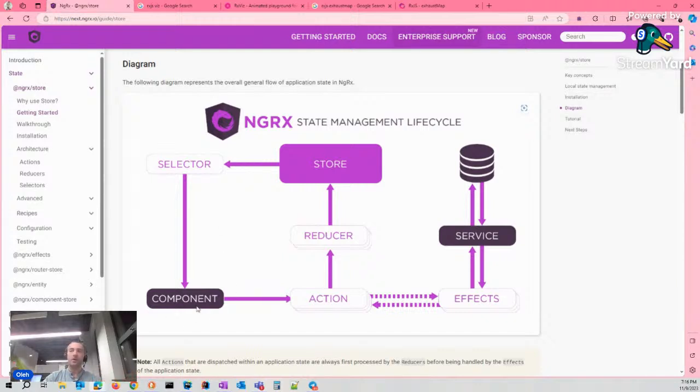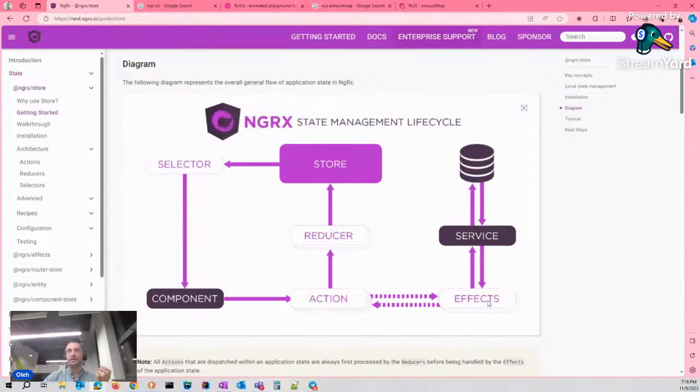When a component, or maybe a service, wants to update or edit data, or even save new data in the store, the component can use an action to dispatch this in the store system, and using the reducer we can save it in some form in the store and use it again via a selector.